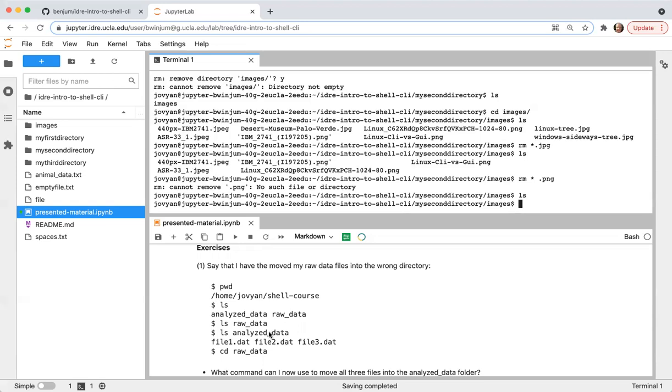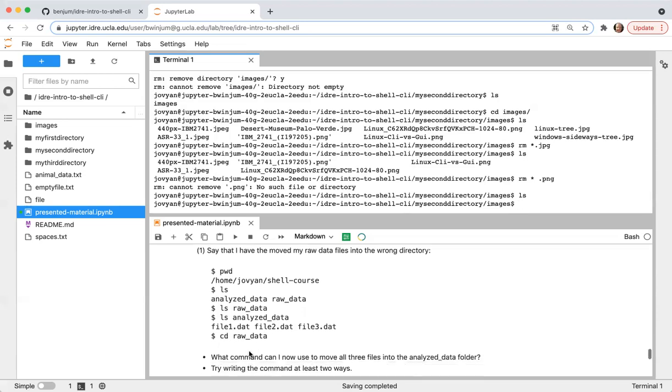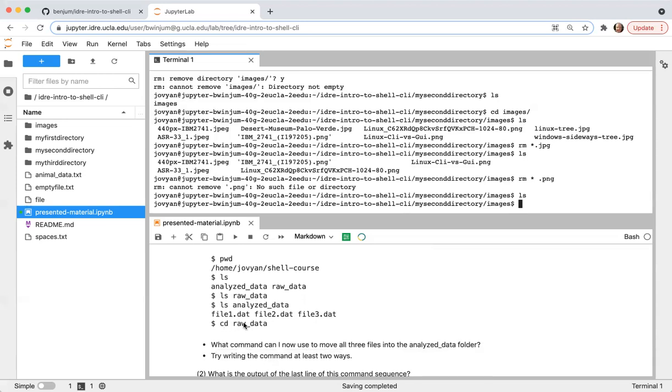And I list the contents of analyze data, and it produces these three file names here. So I change directories into raw data, which doesn't have anything. The thing to consider now is what command can I use to move all three files into the analyze data folder? And try to do it in at least two different ways.